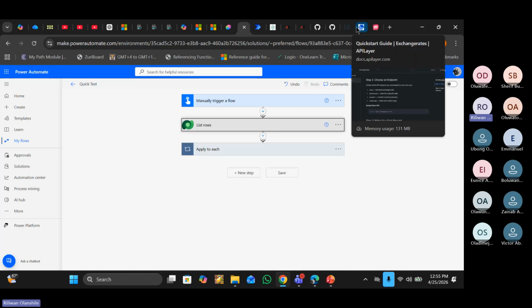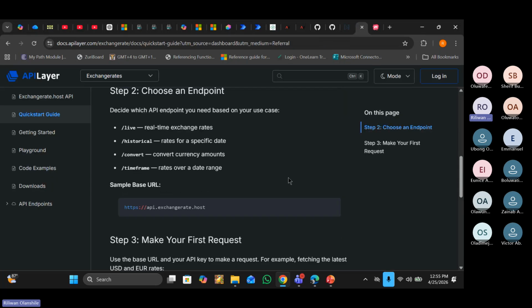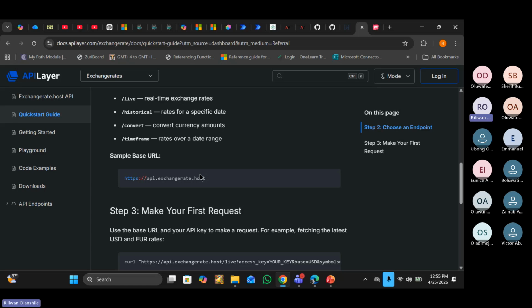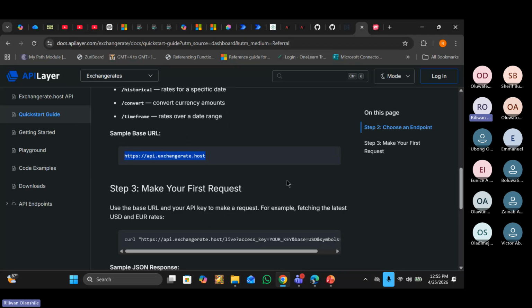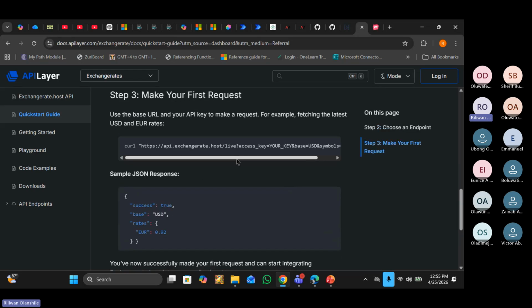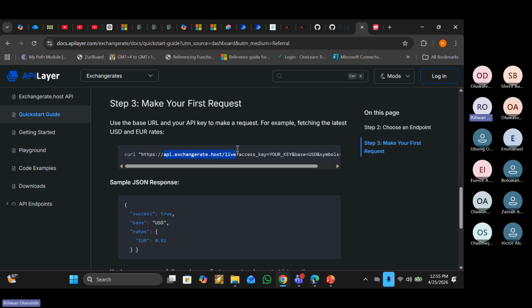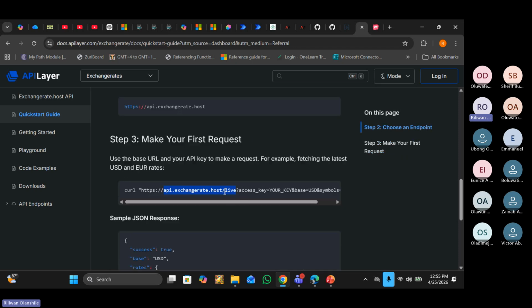So now, the same thing is general for all APIs. This is the general URL for this particular exchange rate API. But this itself does not tell me what particular actions it would perform if I use this, or this, or that. It doesn't tell me. Now, if you look at this particular API part here, it shows the base URL that we saw at the top, right? But you see that it has the /live.